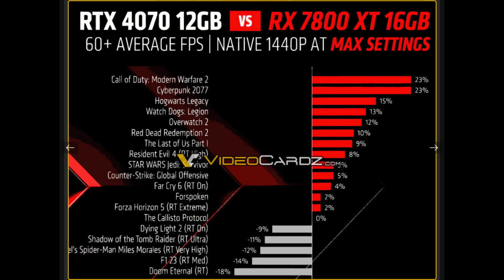And obviously with ray tracing and path tracing, NVIDIA is going to have another big advantage. And with a GPU like the 4070, that's around the level where it actually makes sense to use ray tracing and DLSS 3. It makes it a decent playable experience where you don't necessarily need a 4090 if you're doing 1440p or something like that. So the 7800 XT is certainly not perfect, but for $100 less,